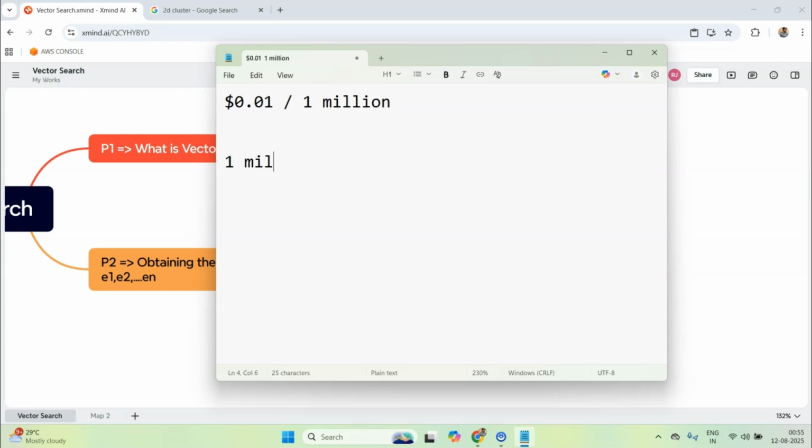And suppose you have got 1 million documents, and suppose on average each takes 10 tokens. So you are talking about how many? 10 million tokens, right? And again 10 tokens per document is a very low estimate. Let's maybe increase it to 200. So if I increase it to 200, now 200 million tokens, if 1 million is costing 0.01, then 200 should cost 200 times 0.01, which is about $2. Am I doing something wrong here? I think I'm right?